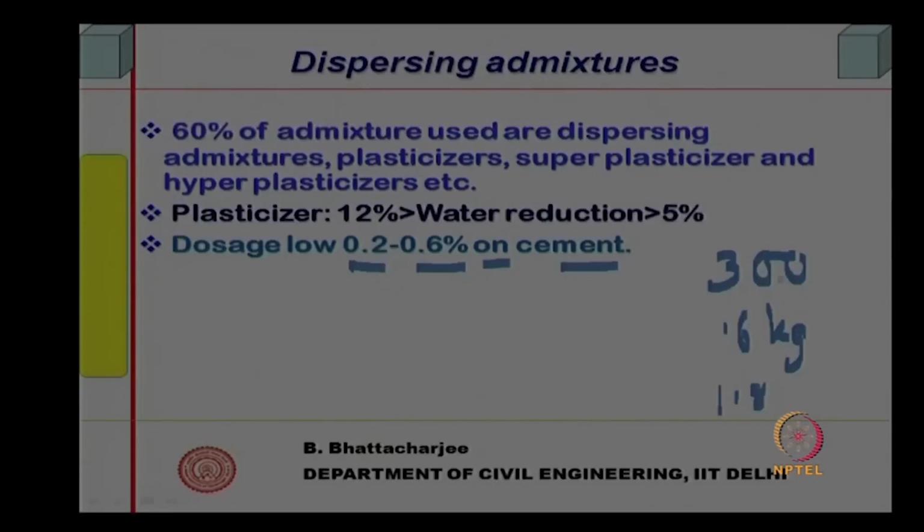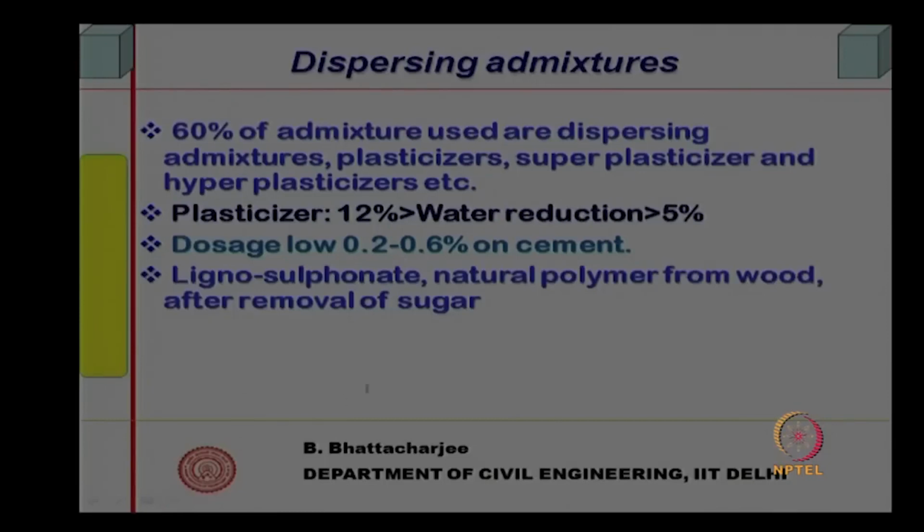You see, 3 kg is 1%, 0.3 kg is 0.1%. So, this is 0.2 to 0.6%. This much you will be adding in 1 meter cube of concrete. You can see that the quantity is very small. So, dosage is low, 0.2 to 0.6%,